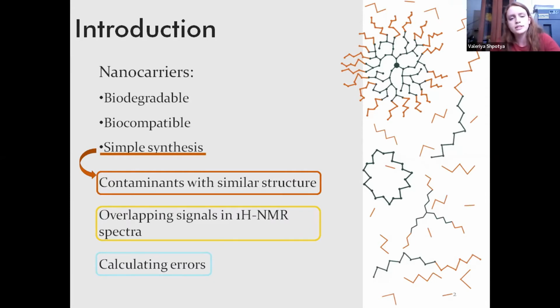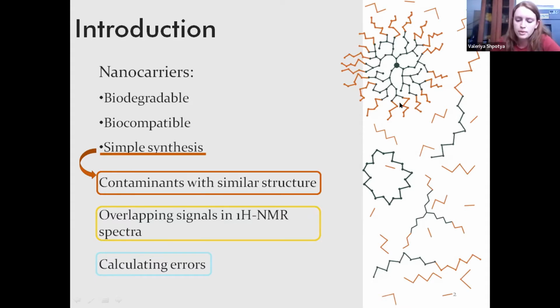do it without exceeding the toxicity threshold. Because it enhances medicine molecule solubility, it also opens the door to the numerous prospective compounds that were previously unavailable due to their low solubility. So the nanocarriers can have a variety of architectures, such as linear, star shape, or hyperbranched, and so on and